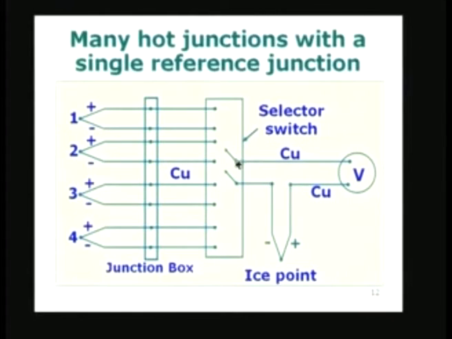So, we are able to use a single ice point cell with several hot junctions to measure the voltages one by one by selecting each one in turn and then putting them together. We are able to get the measurements of several junction temperatures using a single ice point as well as a single voltmeter. This is very important. The advantage of using a single voltmeter is that the error in measurement of various quantities is the same, because we are using the single instrument. If we use different instruments, the calibration between the different instruments also will come into the picture, whereas here there is only one instrument I am using and the error is limited to the error of one instrument.